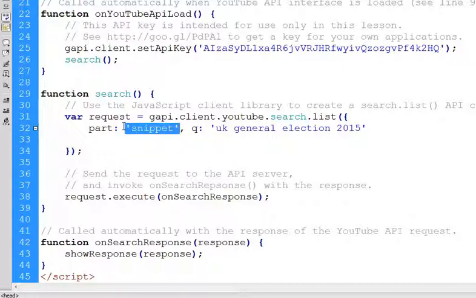If you want to find out about the other parts you can use, refer to the YouTube API documentation, and that's on developers.google.com. So once that's taken place, it then calls the on search response function, which just serves to automatically show up